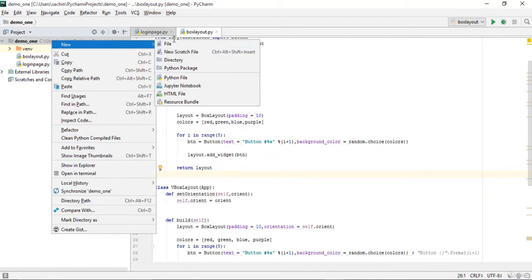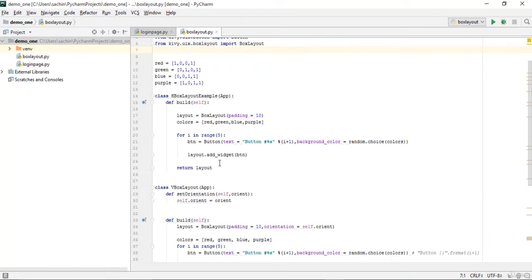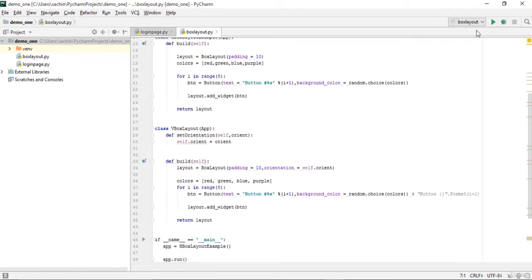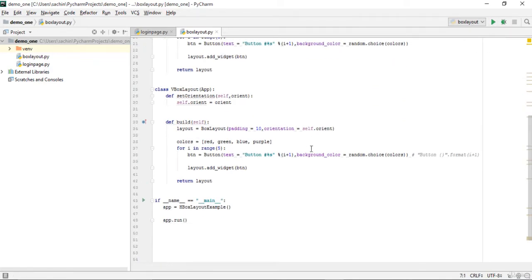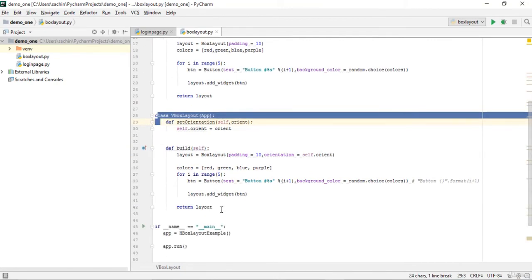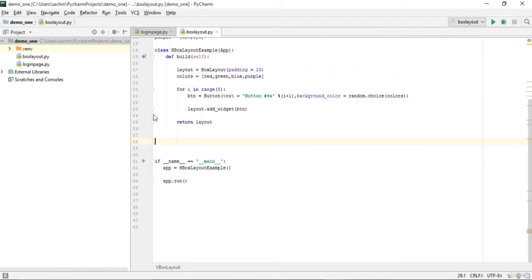and you can do it in any simple file, and you can make use of that in this .py file that is in your current module, and you can run it with ease just by pressing this button. And you can see how easy it is to make use of that Kivy file and run that module. So for now, let me remove this vertical box layout, as we'll stick to this